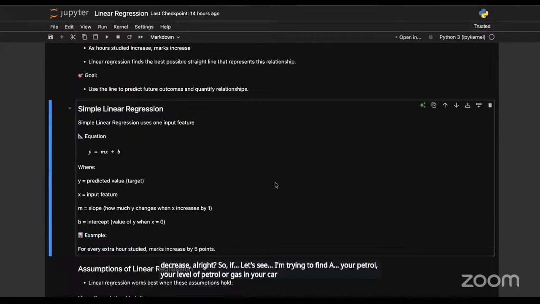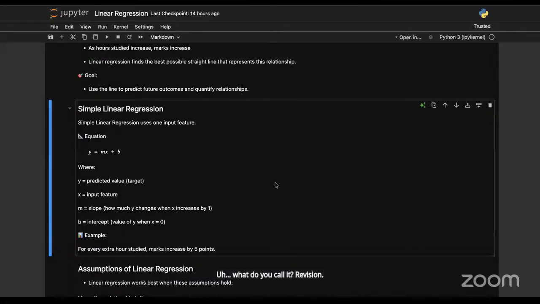If you increase the speed, the level of petrol will decrease, right? That's the type of relationship. If our correlation coefficient reads that from these two variables, it is closer to -1. If it's closer to 1, then it has a positive linear relationship, meaning as x increases, y increases. Negative, as x increases, y decreases. All right. So that's what the Pearson correlation coefficient is, just as a quick revision